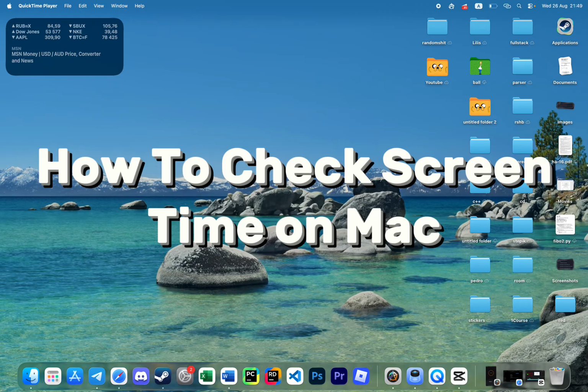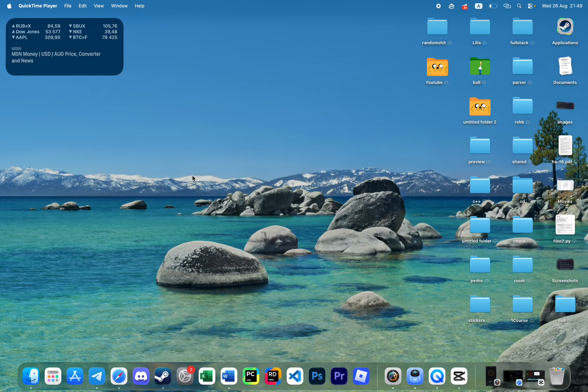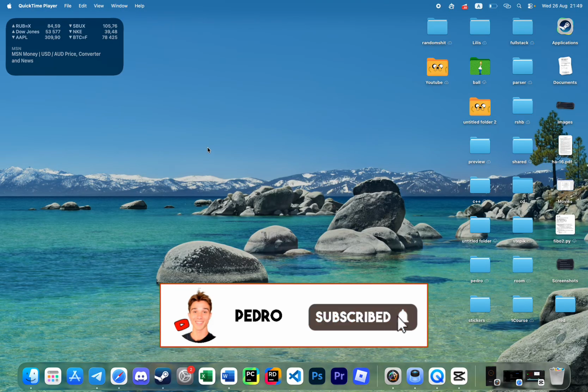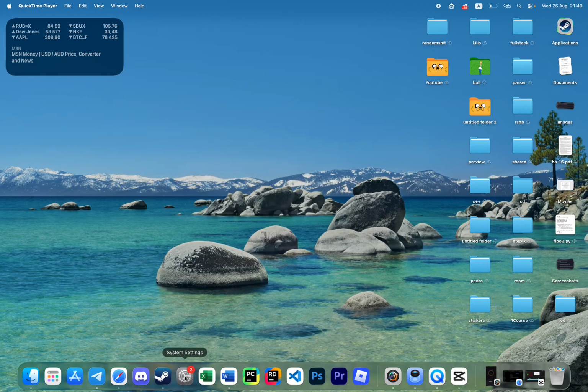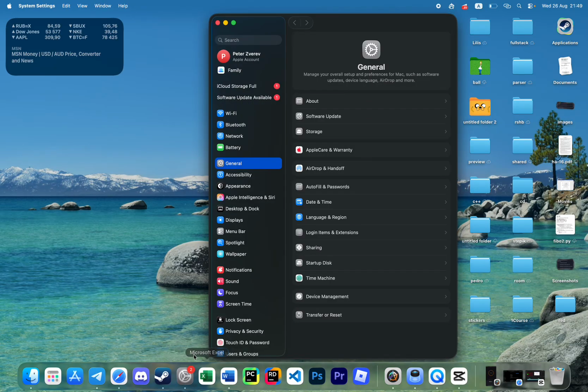How to check screen time on laptop on MacBook. So actually this is very quick and easy. I'll show you how to do that, but you'll need to watch this video till the end so you won't miss any important steps. So first of all, you'll need to open System Settings, clicking on the icon with the little gear,